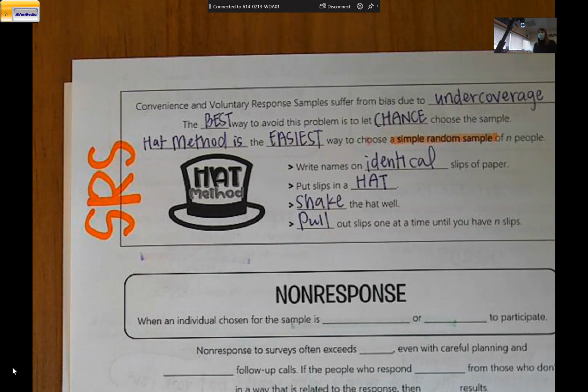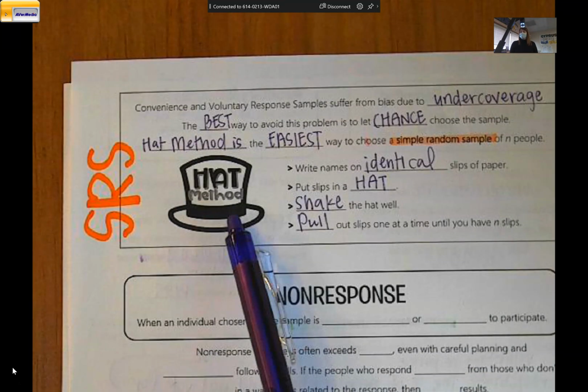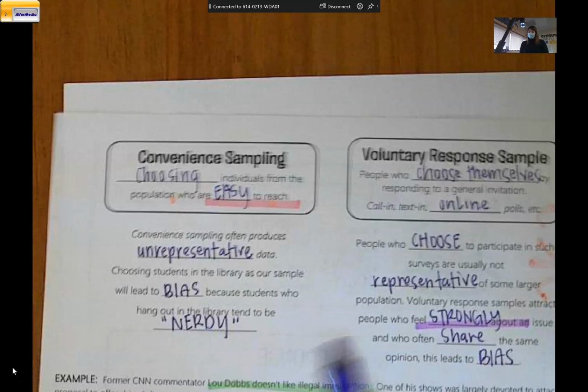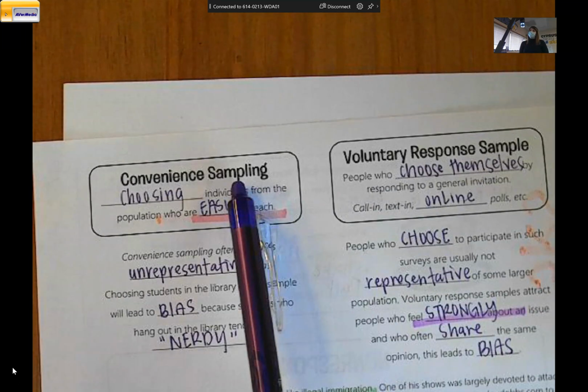It sounds silly, but hat method is the easiest method. Now you don't have to use a hat. You can use a bag or a Tupperware container. But the idea is all of the possible individuals go into the container, shake the container, and draw the names out without looking. This is the easiest way to eliminate some of the problems that happen with convenience sampling